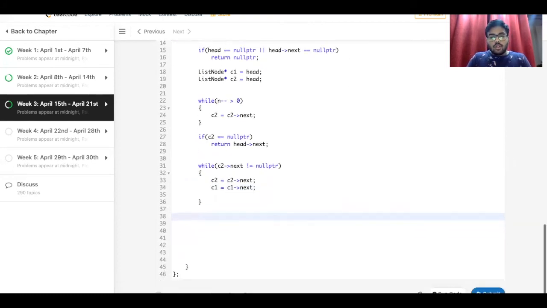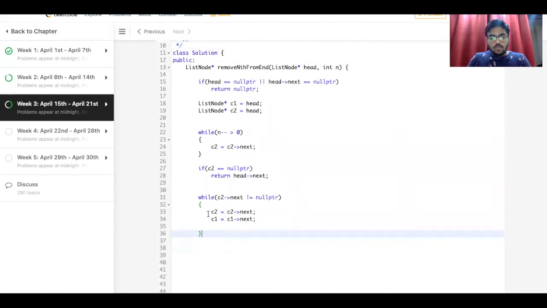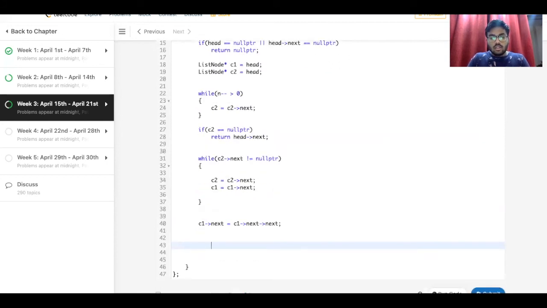Now at this point we've reached the condition where C2 is at the end of the linked list. So at this point we do C1's next is equal to C1's next of next, and we delete it from the linked list, and then we simply return head here.